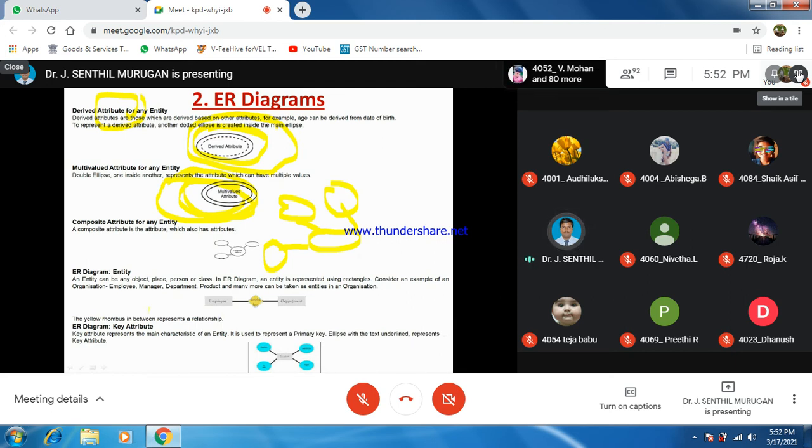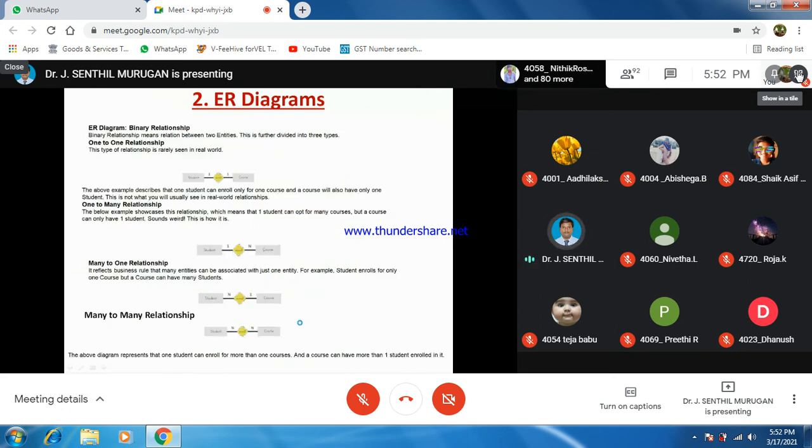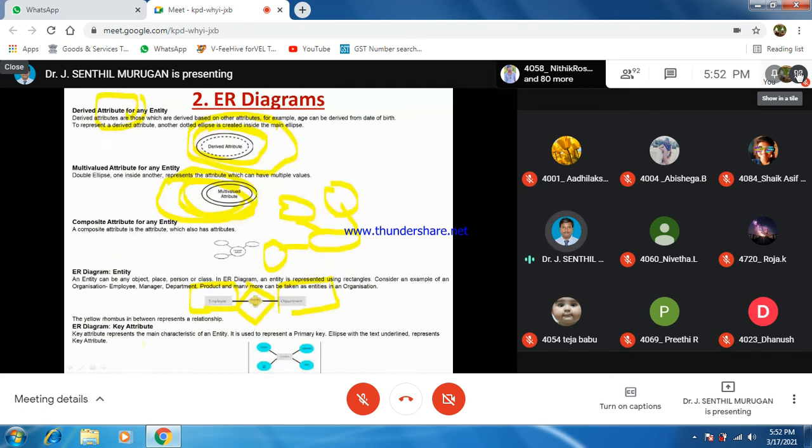These are the entities that are going to happen. For example, employees work for different departments. The key attributes are going to represent the key. For example, subject means different subjects are there.